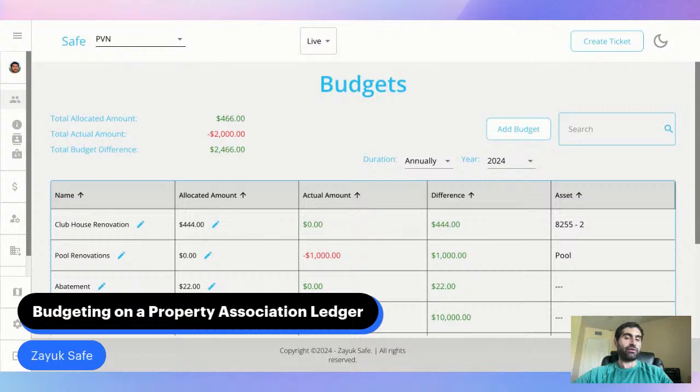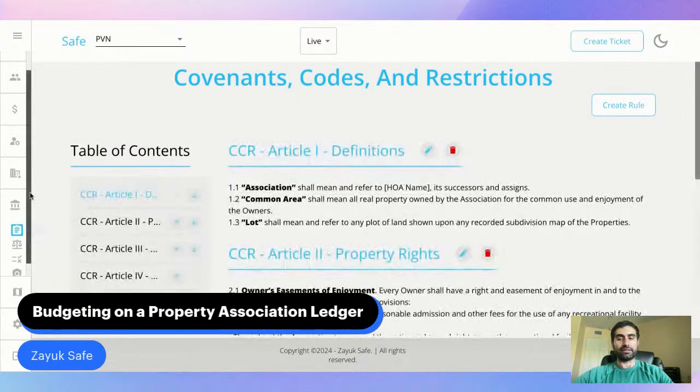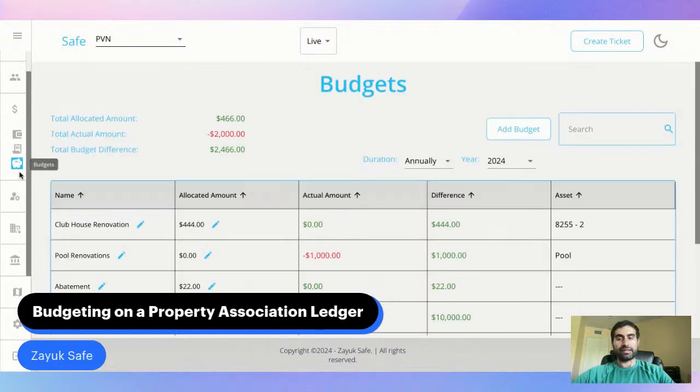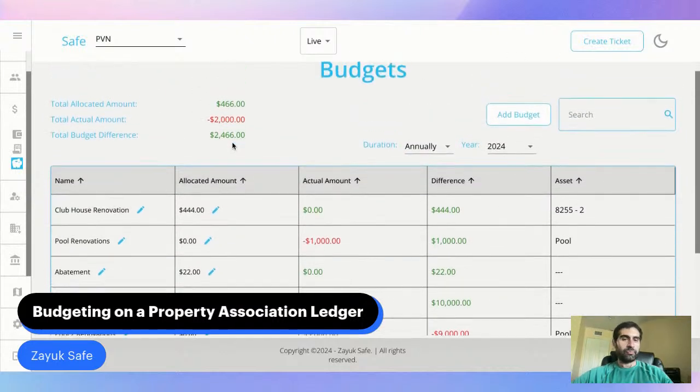But the point of the matter is, Zayuk Safe brings your assets and your finances and your service requests and any sort of governance that your association has, such as rules, and we bring that all together. And so, very few, I don't think any other software does that. I really don't believe that the software is so fine tuned to integrate,